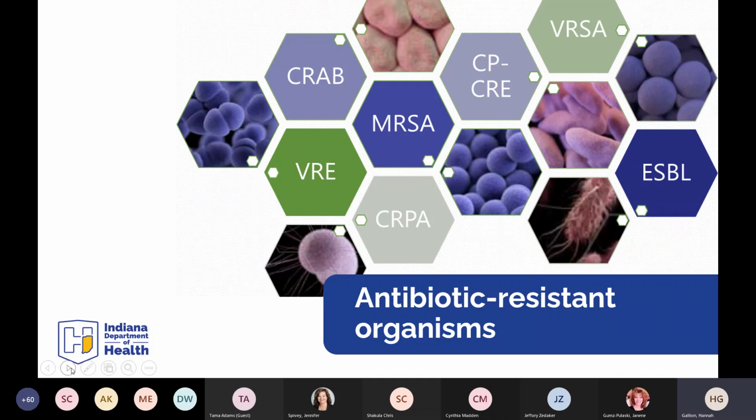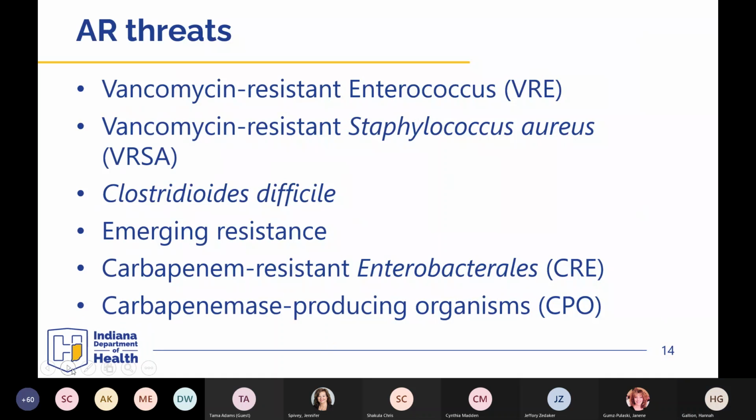We will now move into antibiotic-resistant organisms. In 2019, the CDC published the Antibiotic Resistance Threats in the United States report. This document goes through the threat of antibiotic resistance as well as pathogen summaries. Threats have been broken down into 4 lists, which include urgent threats, serious threats, concerning threats, and a watch list.